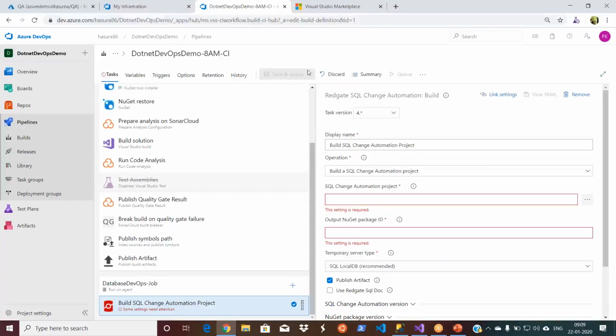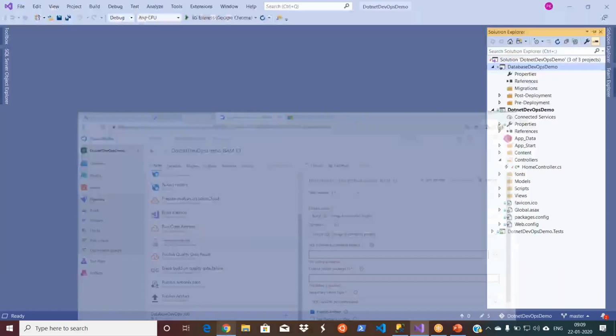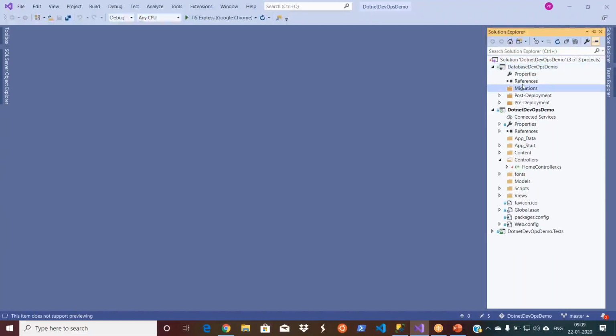Okay, right now I can't do anything here because my database project is still not ready. So this is how we add it. Tomorrow we will finish this database project. This is still in progress. I haven't even pushed it to the repository. So we will set up the project and see how we make changes and how we can generate the differential scripts and then use the build pipeline to generate the artifacts. After that, we will move to the CD pipeline, and again we have to repeat the release related activities.